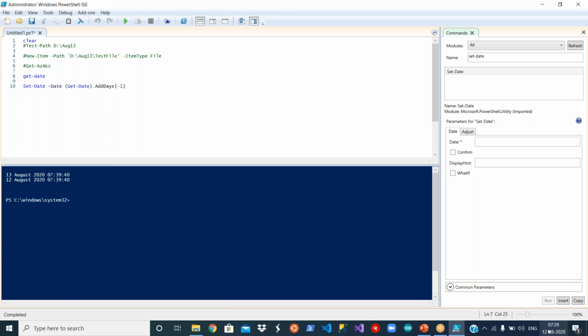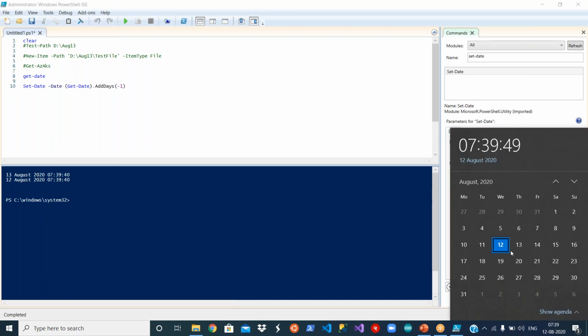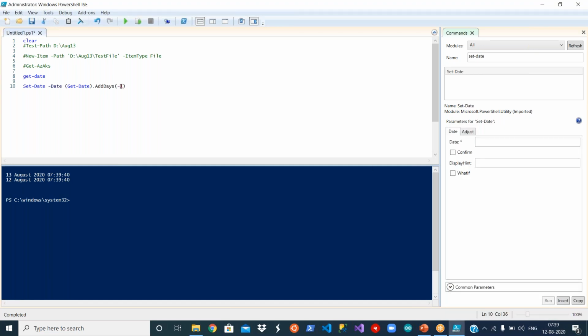That's why you see my calendar also set to 12th August, because it is executed on my laptop. That's how you work with these days. Now it went back to 14th because I said add days of -1. To get it back, I simply say -1 again. 13th August. So that's how you work with dates.